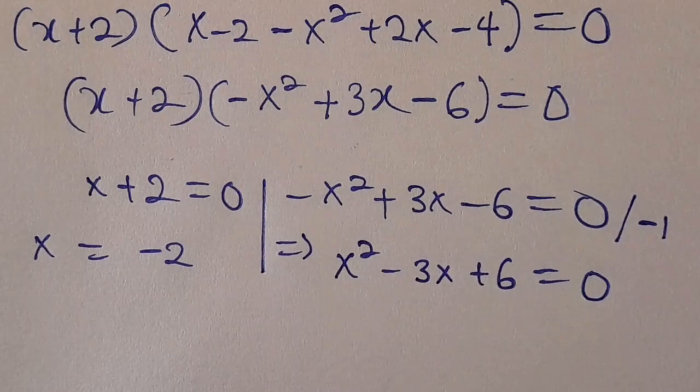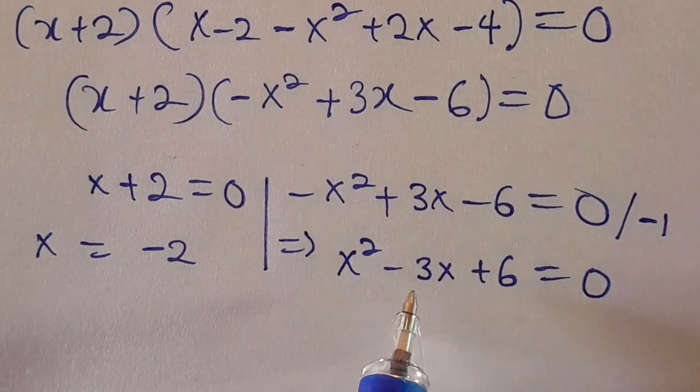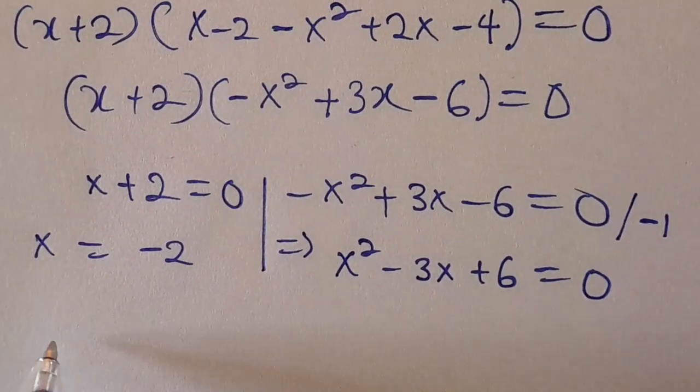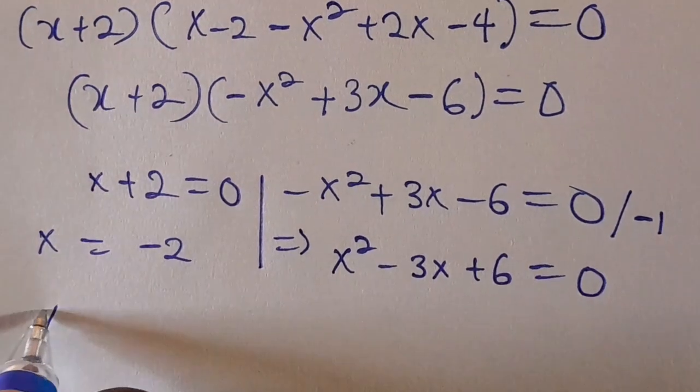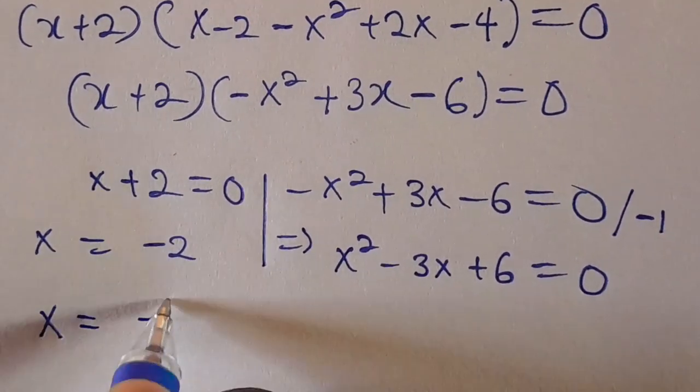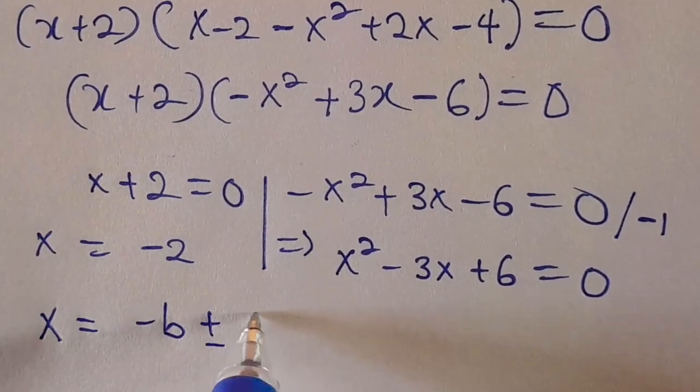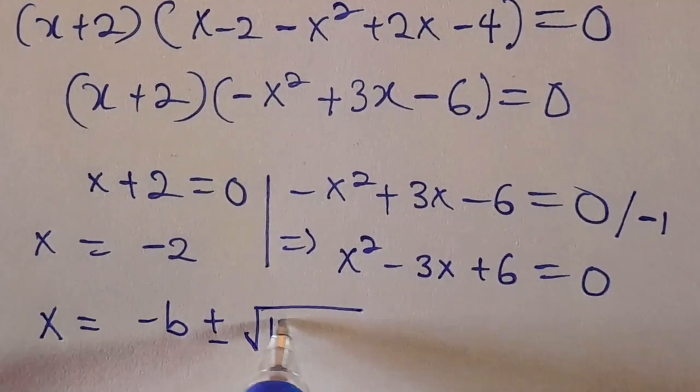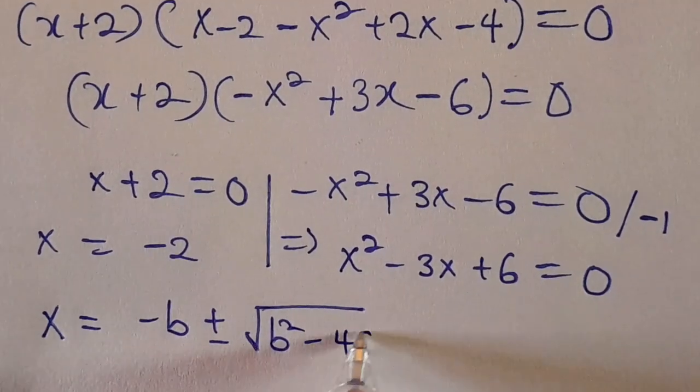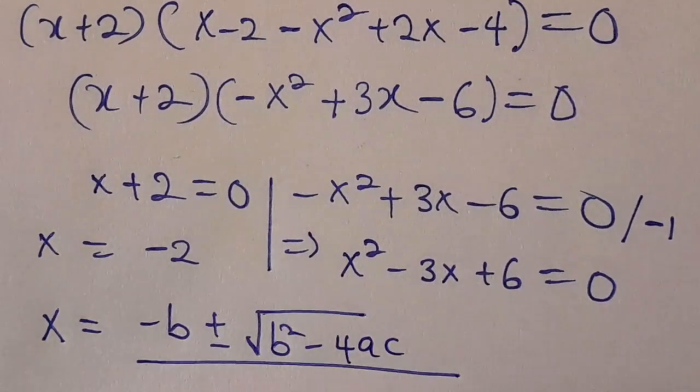And so from here, to get the possible value of x, we can apply the general formula of quadratic that says x equals minus b, then positive or negative, then square root of b squared minus 4ac, all divided by